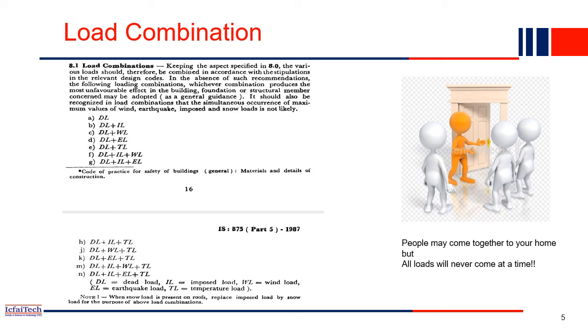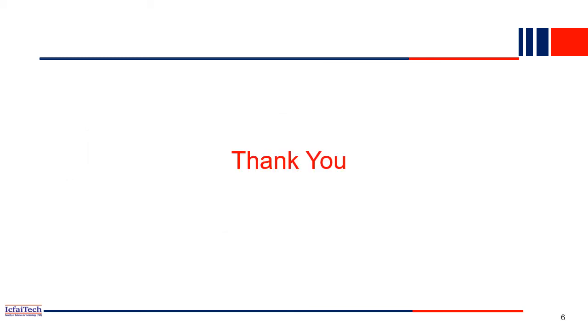So in this lecture, basically we have elaborately discussed what loads are and how the loads act, what the different types of loads acting on a structure are, and very importantly we have studied what the characteristic load is. The characteristic load is basically that load for which 95% of the time the load will be below that value; we call it the characteristic load. So all these parameters we have discussed in detail.